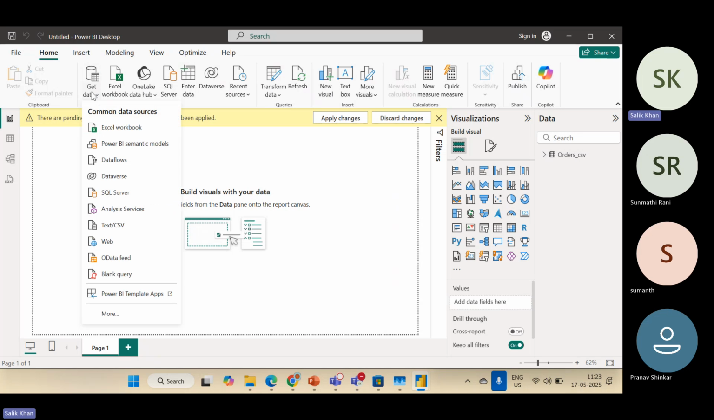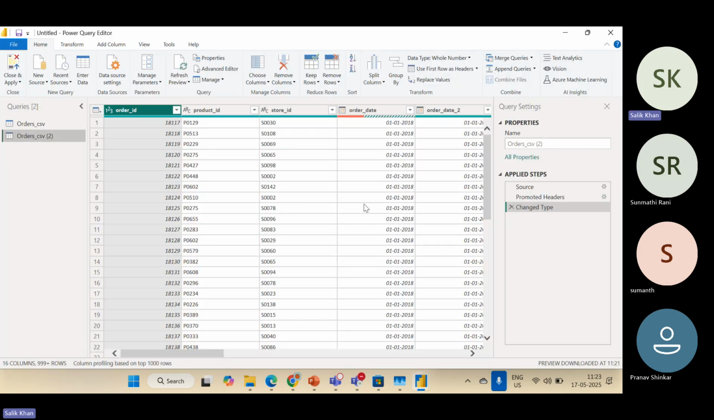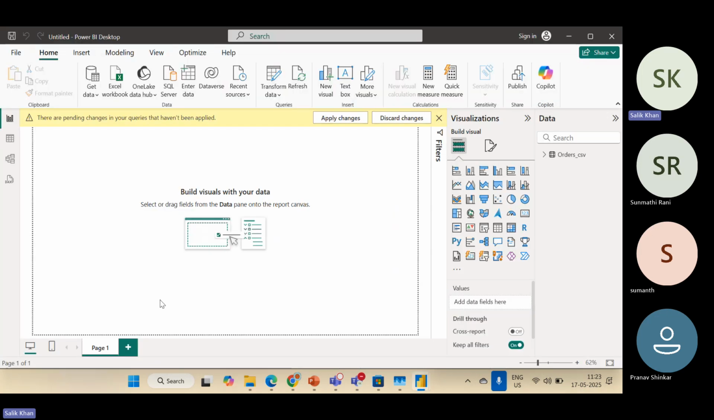Let me just give you a brief here. You have to click on get data. You have to select the data source from where you want to bring the data. I have selected text CSV, and then you just select the file. You have just two options: load the data and transform data. You just have to click on transform data, and then you will get into the Power Query Editor, where you can transform and clean your data. Then you just have to click on close and apply, and all the data will be loaded in Power BI